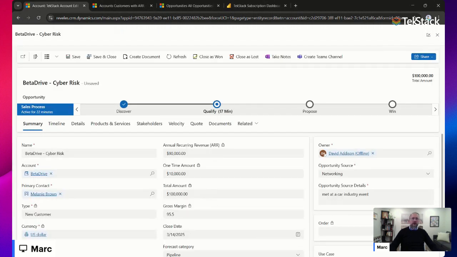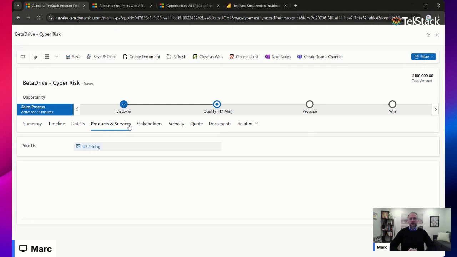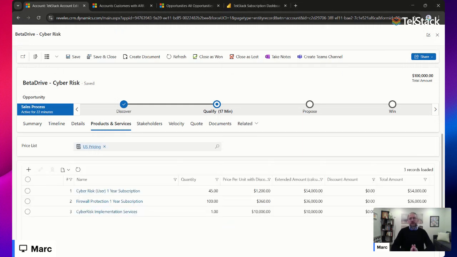Okay, I won't go through the entire opportunity record here. It's pretty standard stuff. We do some neat stuff to help technology companies manage opportunities, manage funnel a little bit easier. Productivity tools as well as tools for forecasting, all that kind of stuff. But for now, I'll just go right to this tab called products and services. So the first step in being able to manage subscription revenue is to really use a CPQ. And with TekStack, our CPQ, our price quoting tools, are built right into the opportunity.